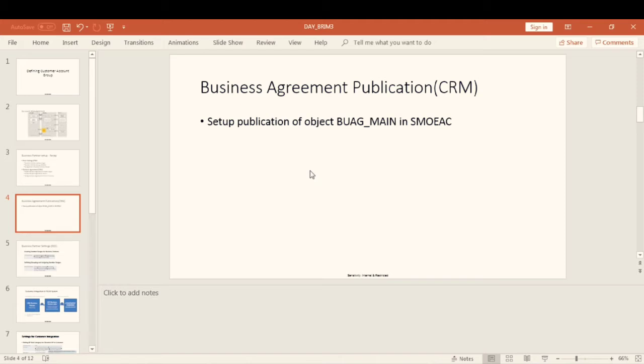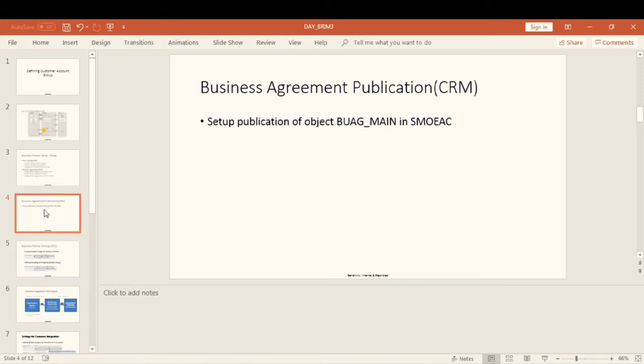These things we will maintain in PIDE settings, and in the SMOIAC transaction we will maintain what objects we are transferring from CRM to ECC system. Business agreements underscore main is to transfer business agreements, and we can transfer the prices from CRM to ECC using the business object DNL_CUST_COND_ALL, and we can transfer the materials from CRM to ECC if we maintain it in the SMOIAC transaction.